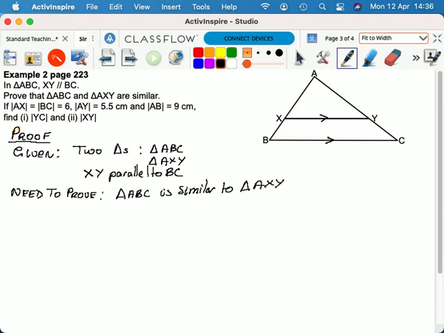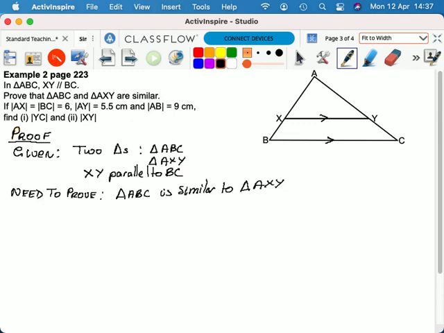And the formula for similar is that all three angles in one triangle have to equal the three angles in the other triangle. So we need to show that all the angles in one triangle equal all the angles